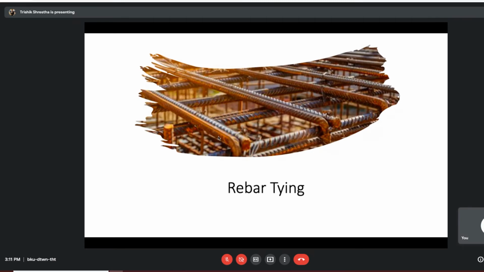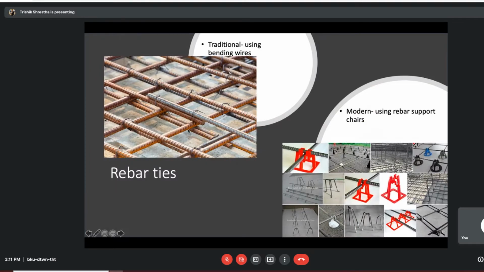There are a few different ways of doing this. The basic thing that we are seeing in Nepal is this picture right here. We are tying rebars using these traditional bending wires, right? Even in large, modern construction sites, you will still see these bending wires being used. Possibly if the construction company is large enough or can afford better machinery, then they're probably using these drill-type machines to tie the rebars together. There's a machine called a rebar tying tool, and they use it to put the bending wire ties in place.